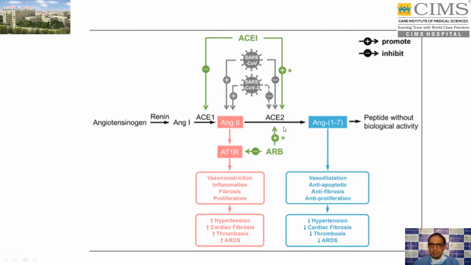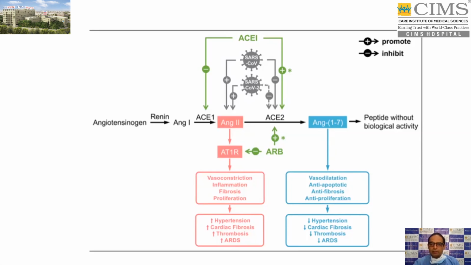Now, coronavirus will basically enter into the body by attaching to this ACE2 enzyme. And as I told you before, the ACE2 enzyme is actually present in heart and lungs. So once it attaches to this ACE2 enzyme, it causes loss of function of this enzyme. So naturally, anybody having corona infection will have loss of ACE2 enzyme function, which will result in all these problems and loss of protective effect of ACE2 enzyme.